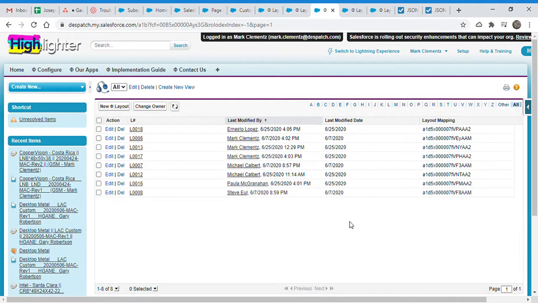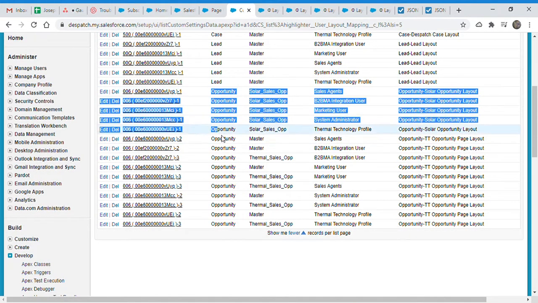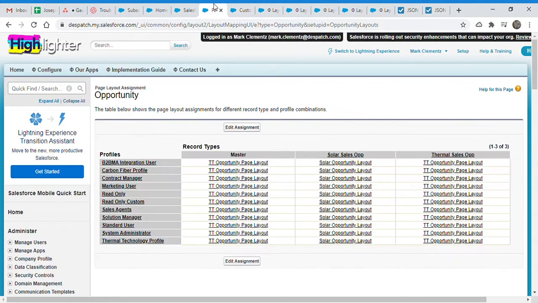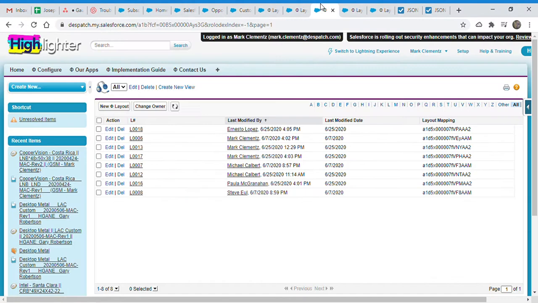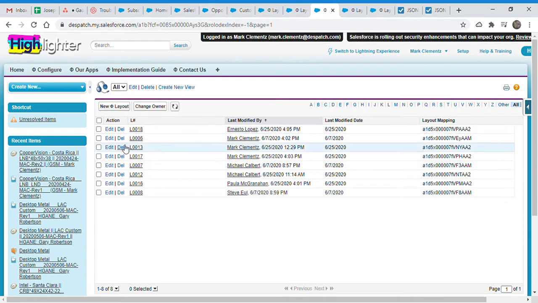What happens when we sync layout? When we sync layout, we actually recreate these mappings as well, because we don't know if the layout is changed or the page assignment is also changed, like this one. So first we refresh this one, and after that we delete all these. And when the user opens the detail page, it will create the record automatically, with the fresh layout fields. So that's how it's working.